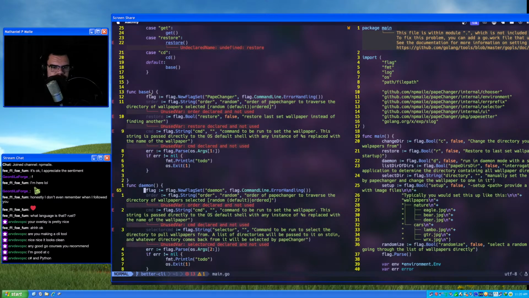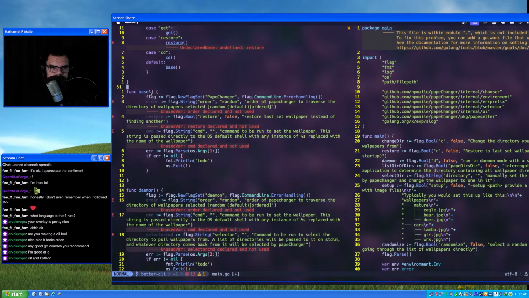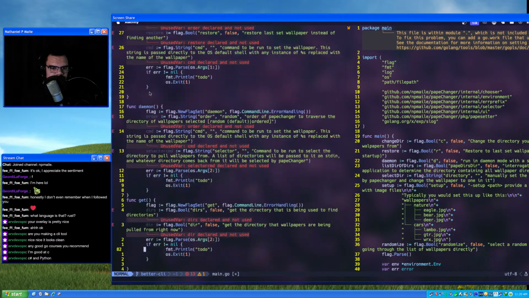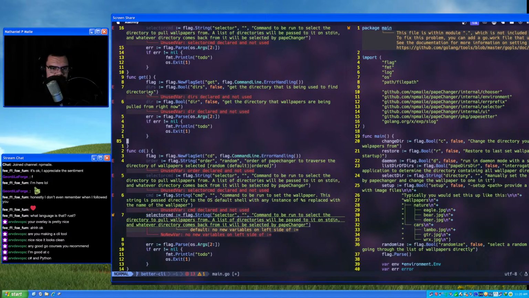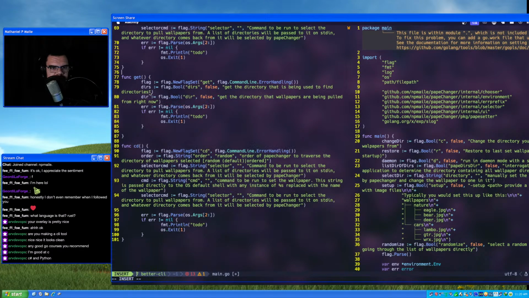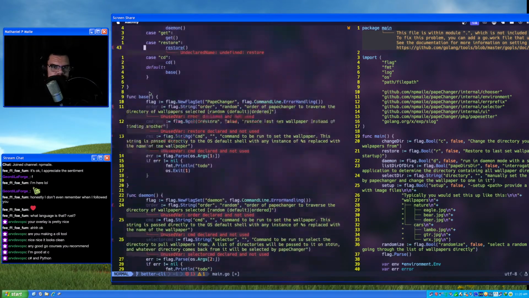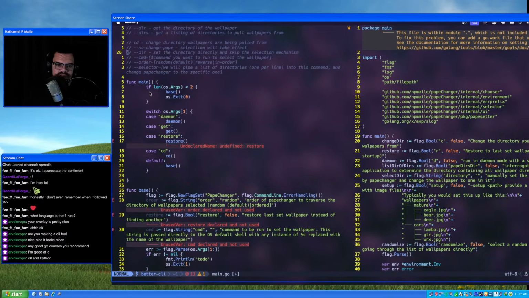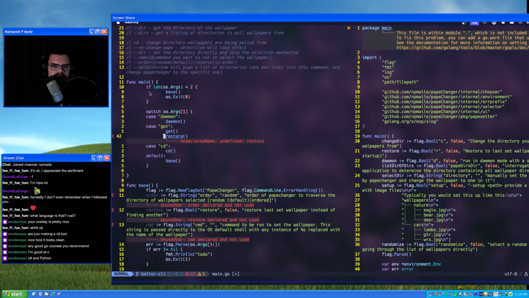And then I'm just going to call each little subcommand as its own command and run through everything, parse the arguments, and that'll be it. So I'm just going to fill these out today, and hopefully I'll have the program running. Got to get rid of all these complaints, but you know. This restore isn't actually going to be a command.